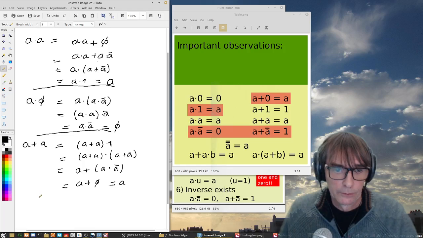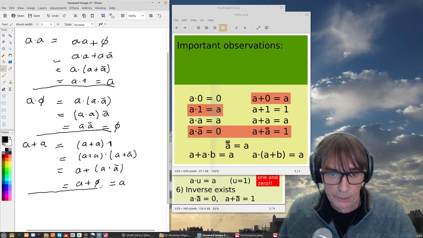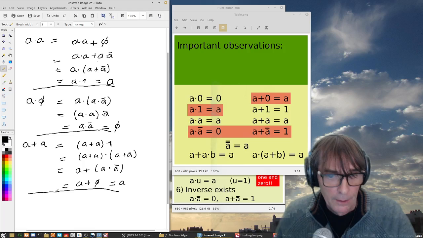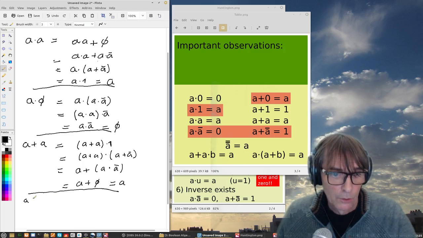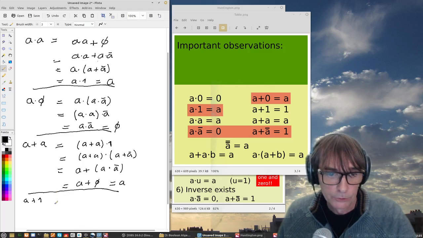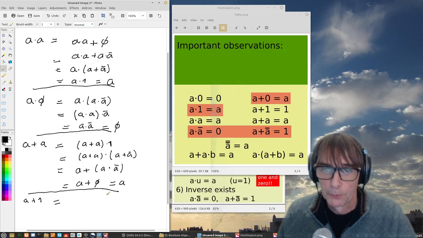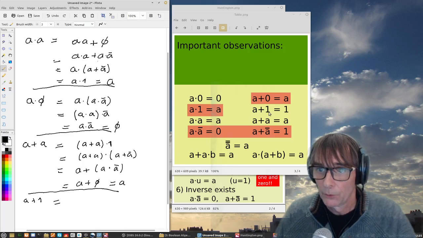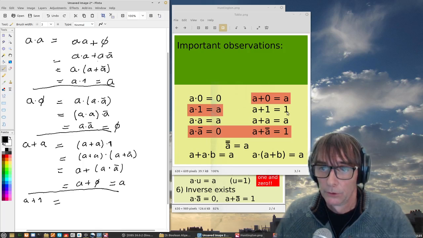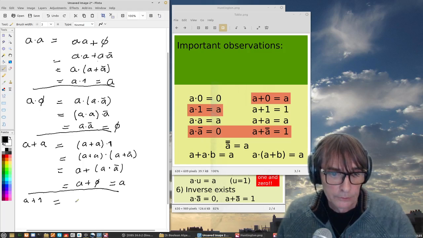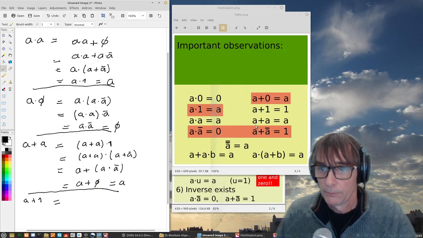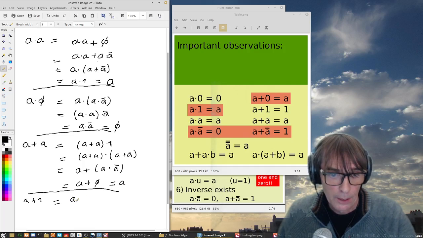The only thing that is still missing, and let me put it here, I hope I have enough space, is that A or 1 equals 1. How do I prove this? Well, I replace this 1 with A or not A. So 1 equals A or not A, so this is A or